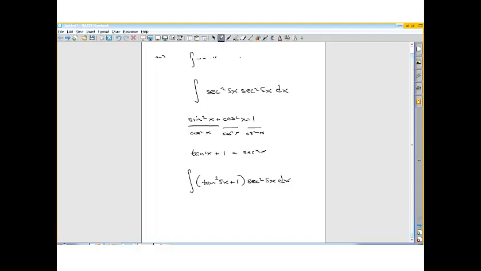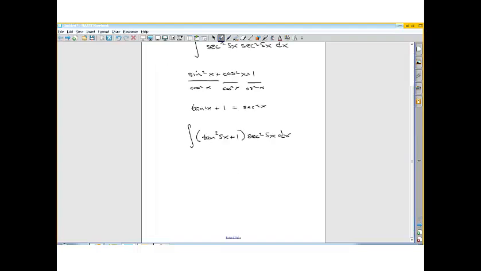So now, because the derivative of the tangent is secant squared, we can do a u substitution. Now, as far as the secant squared part is concerned, the integral of the secant squared is just the tangent. So